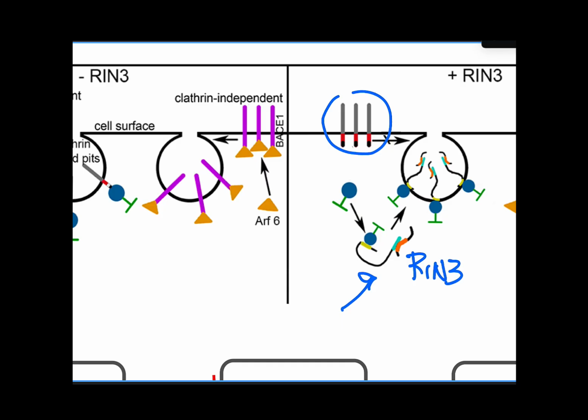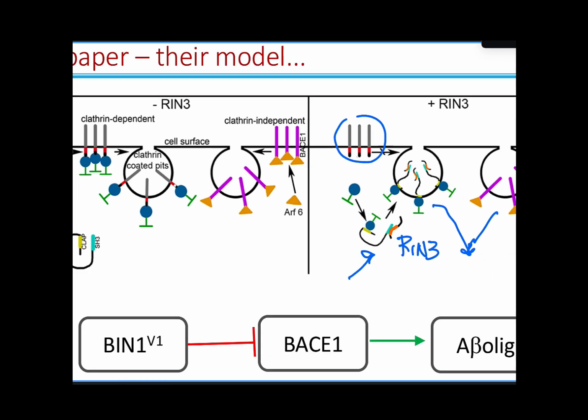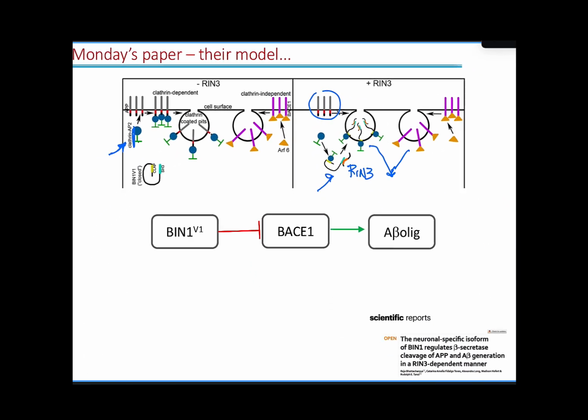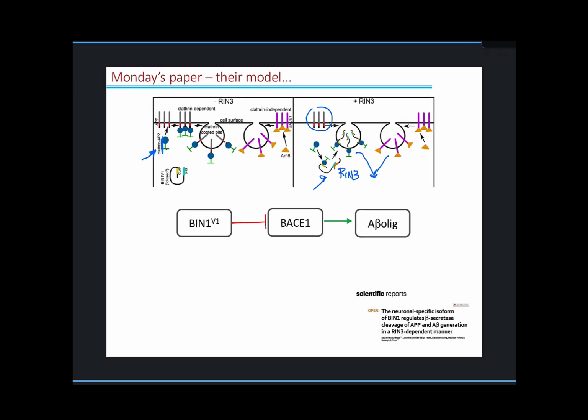And when now these endosomes fuse together, what is brought together are BACE1 and something else, not APP, not its substrate. So BACE1 is no longer able to cleave its substrate because its substrate simply is not there, right? And that's how the authors propose